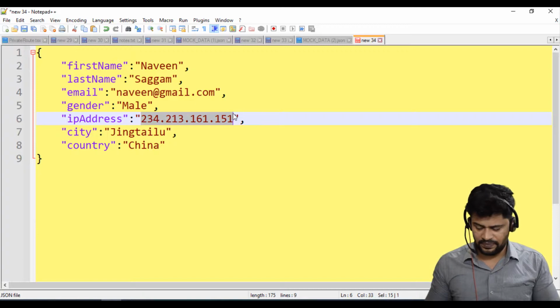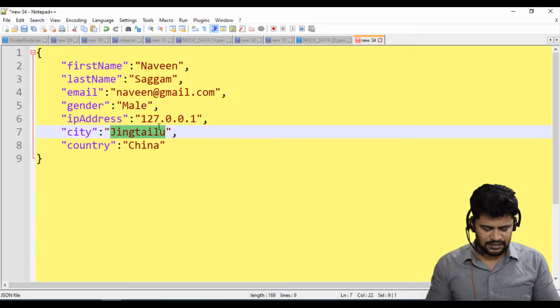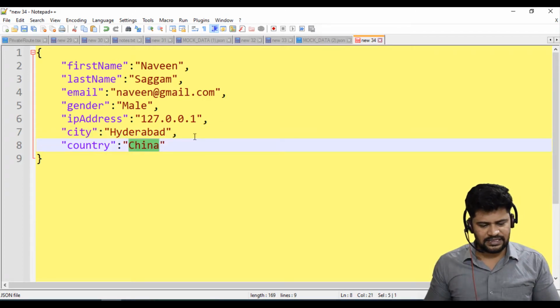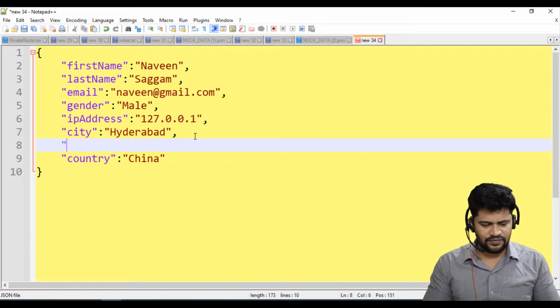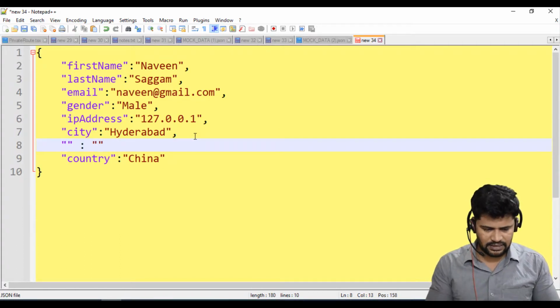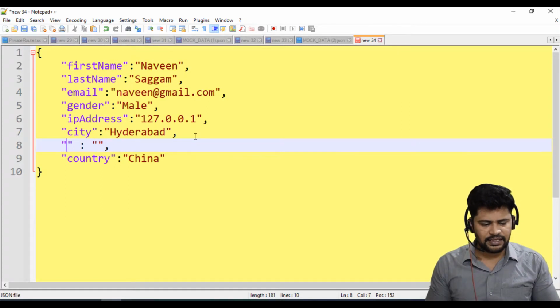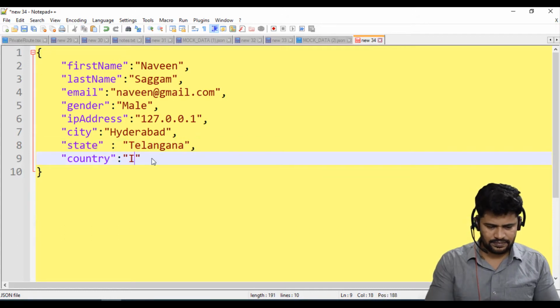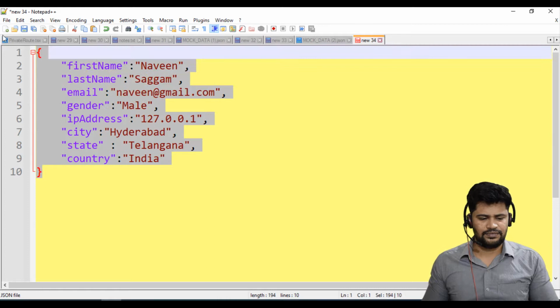Let's take 127.0.0.1 and city. Oh, country is there, but state was not there. Okay, in a few records state is not given. That's okay. We'll add it. So let's say the state, and the country India. Okay. So I have one record.